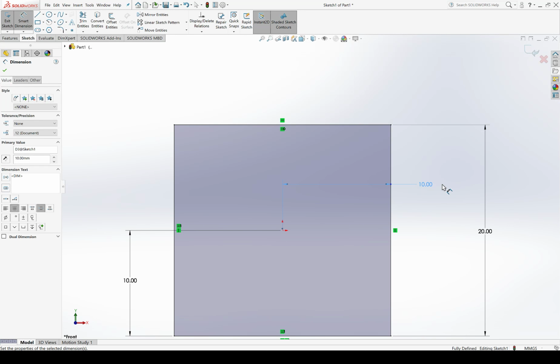And you'll notice that my lines have switched color from blue to black. That means its position and size is fully defined. However, this is not best practice. I want my origin to be in the center of the square. I don't want my origin to always be 10 millimeters from either side. I should assume when I'm creating something in SolidWorks that in the event that I want to change something down the road, it should accommodate what I actually want with as few additional edits as possible.